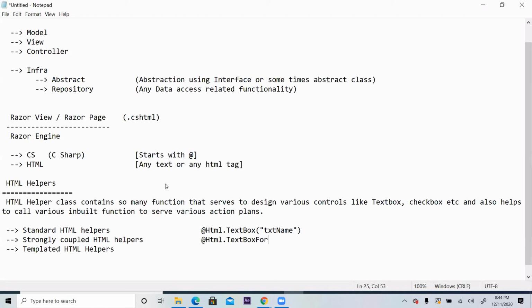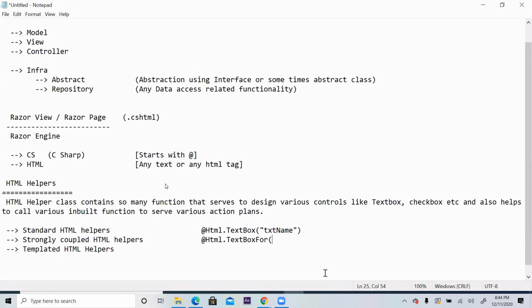TextBoxFor is another function which will take one small lambda expression from you, and it will connect your model class property with that text box.